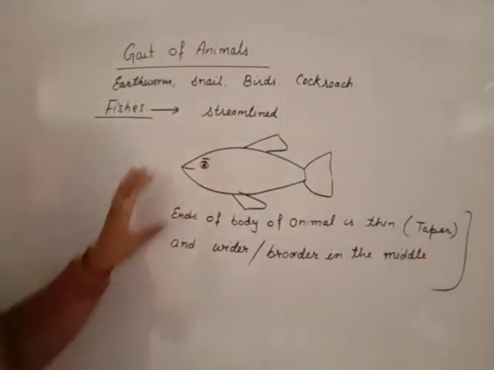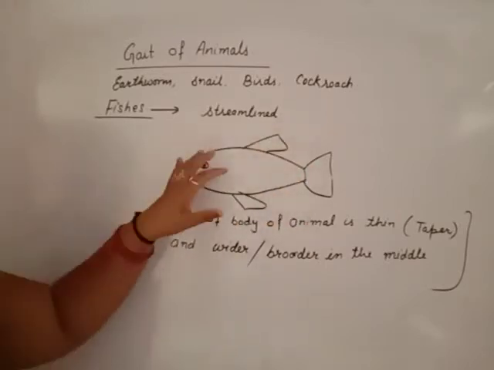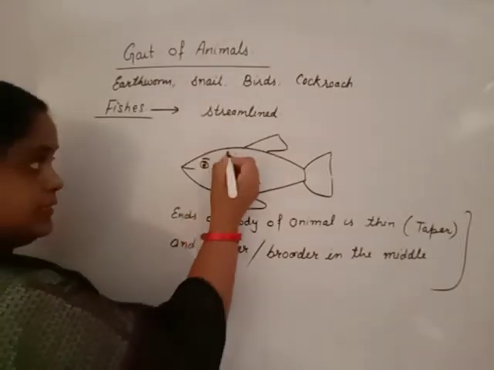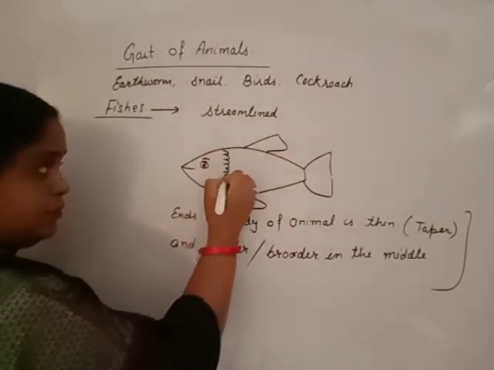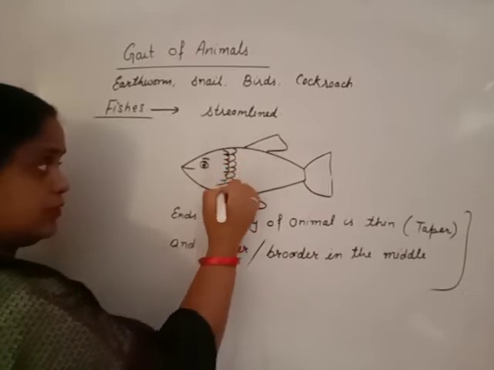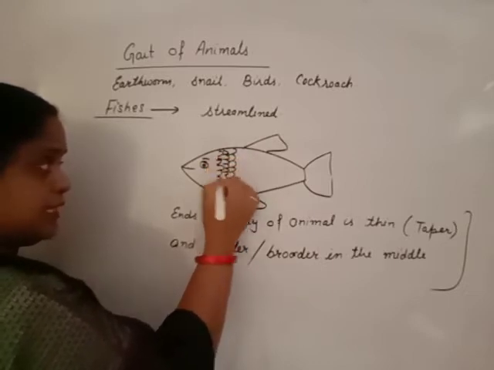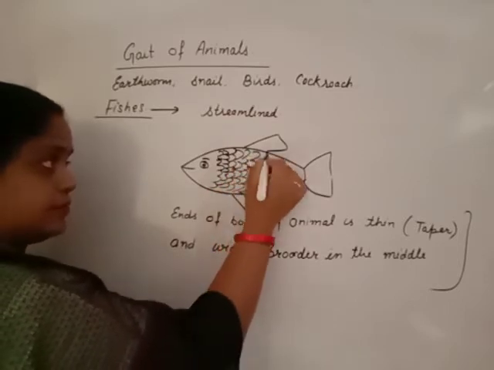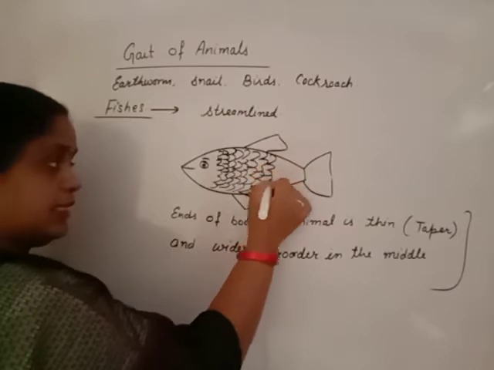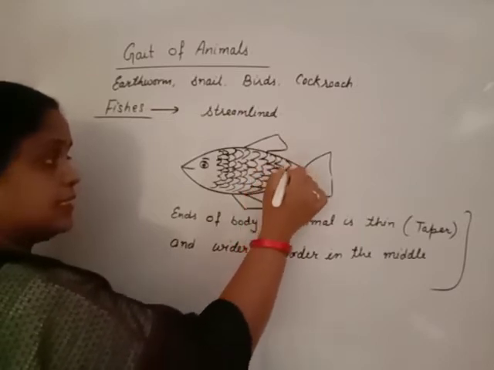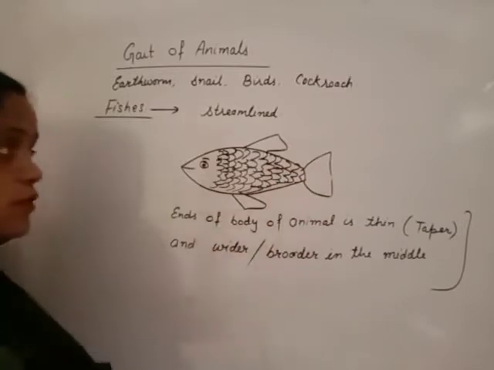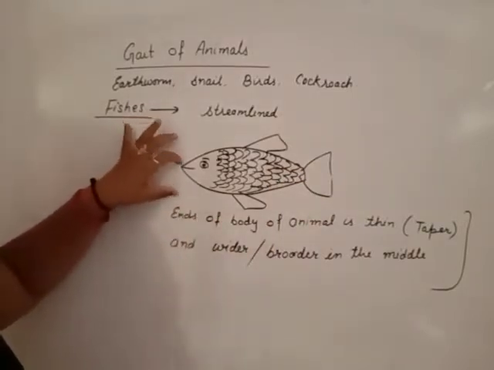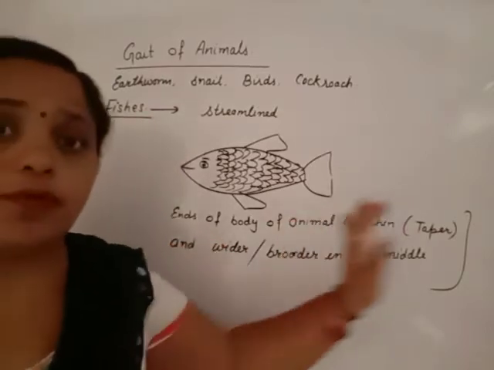And our fish is like this. The skeleton of the fish is surrounded by hard muscles, and these muscles become dead on the skin in the form of scales. We will draw scales of fishes like this. These hard muscles help the fish to swim, and help the head side move in the forward direction.